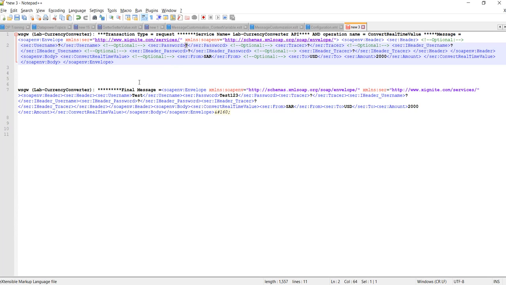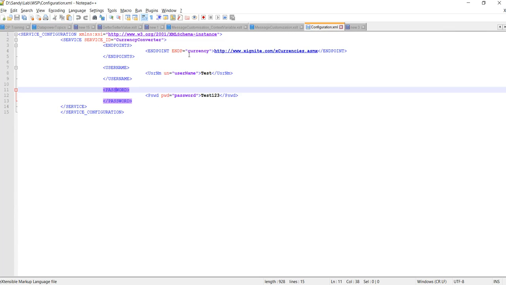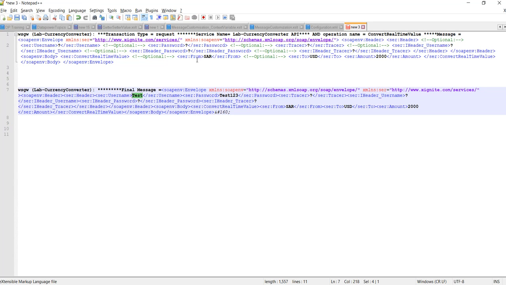But after implementing our XSLT, we can see this is our final message which will be sent to the destination system. Here the username is test, the value which is available in our configuration file, and the password is test123.